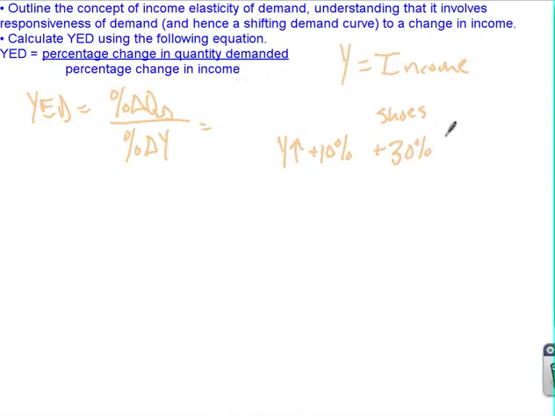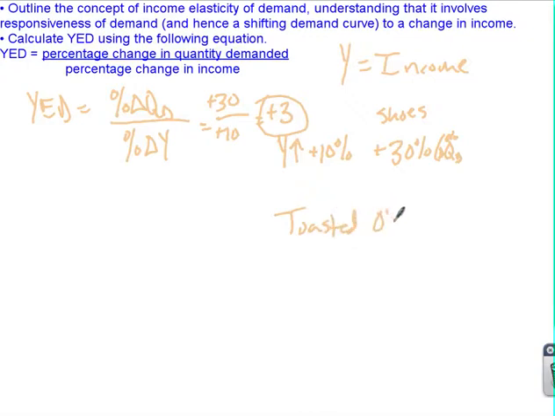And so all you do, and this is the percent change in quantity demanded, percent. All right, and so over here we'd say, okay, we got the 30 there, and that's positive, and our income went up 10%, and so the income elasticity for shoes we would say is a 0.3. And we'll get into what the positives mean and what the numbers mean in just a second. But let's take another one, for example. How about